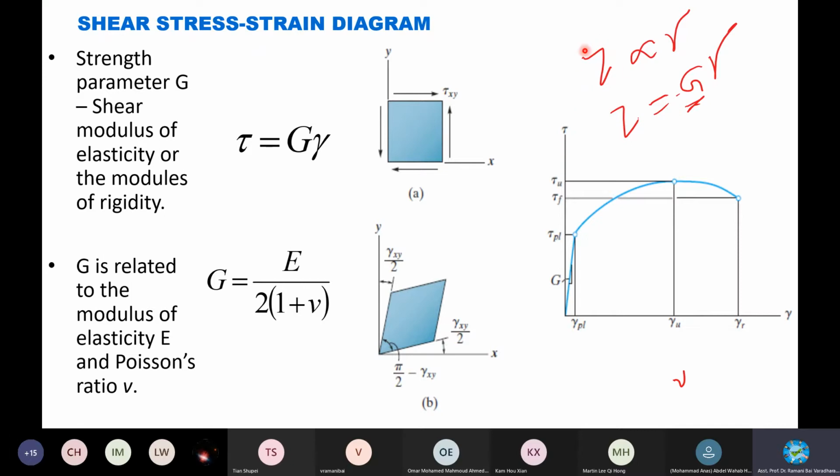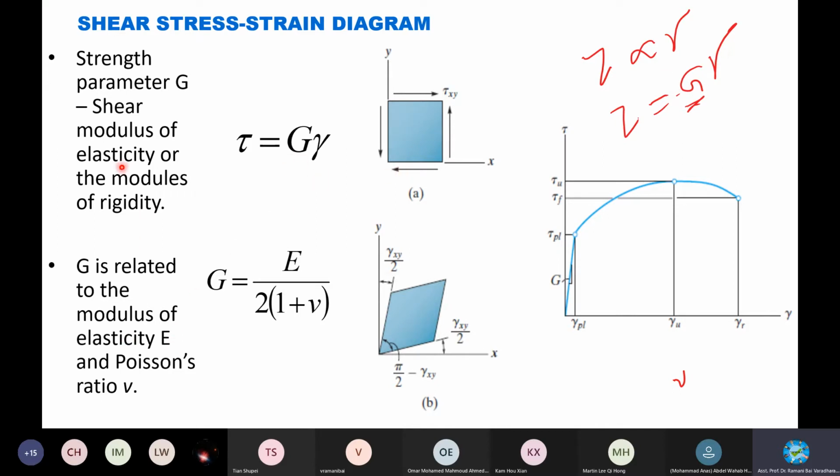Tau is proportional to gamma. To remove proportionality, introduce a constant which carries all the rest of the properties that are not used in this relation. We denote it by G. By that you have the equation tau is equal to G times gamma, where G is known as